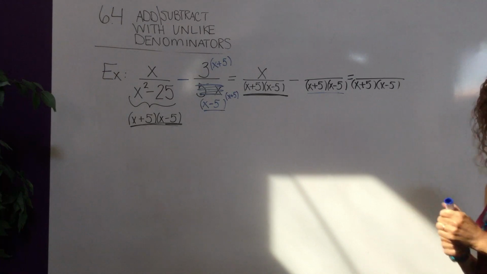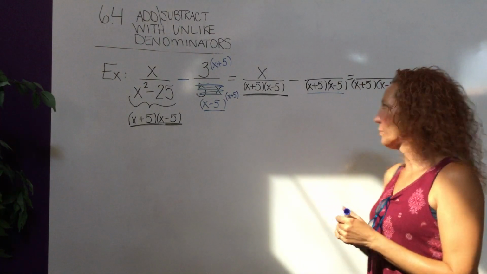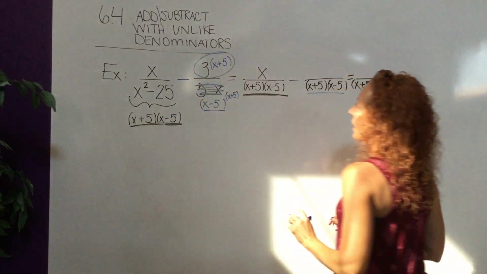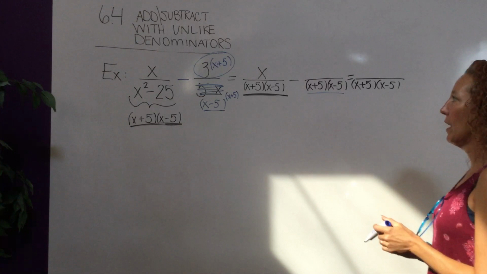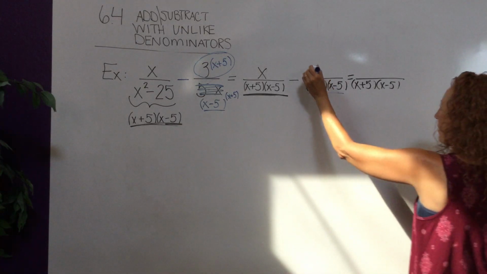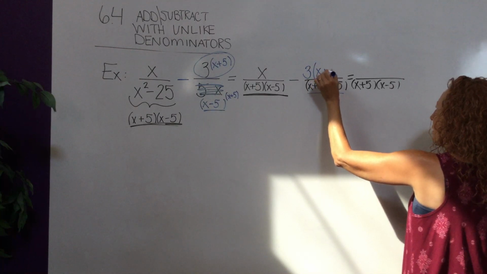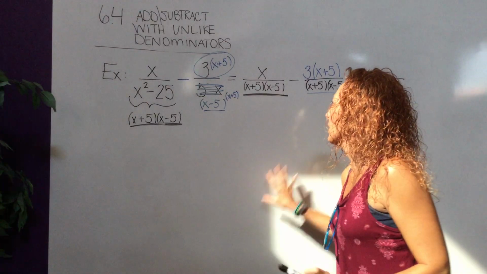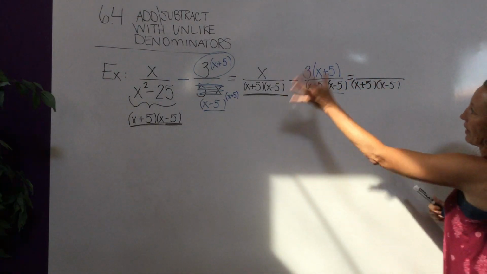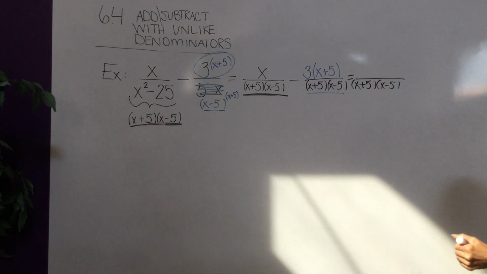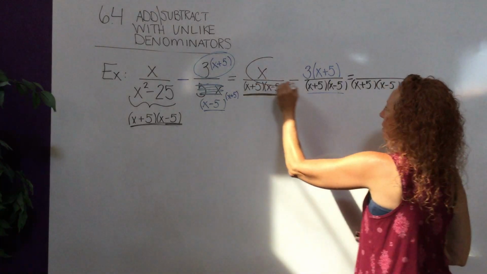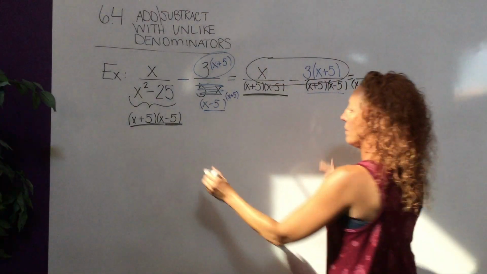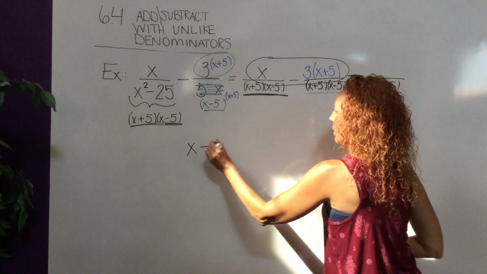So kind of depends once again how you want to do your scratch work. We definitely are going to have some simplification to do. Be careful because that negative is going to apply to everything. So we can write this right here, 3 parentheses x plus 5. And then I probably am going to come down here where I have this big workspace, and I'm going to work with everything in the numerator, and then I'll just put my final answer right there. So, forgive the mess. You can always go back and rewind the video. But I'm going to write x minus 3